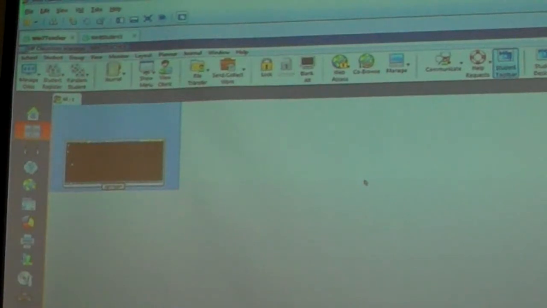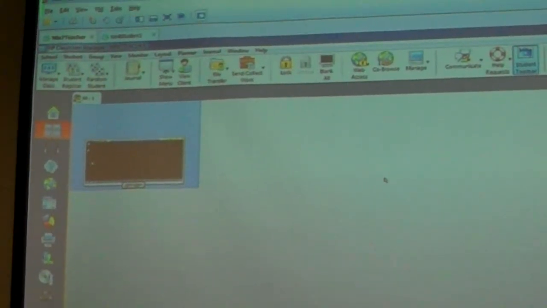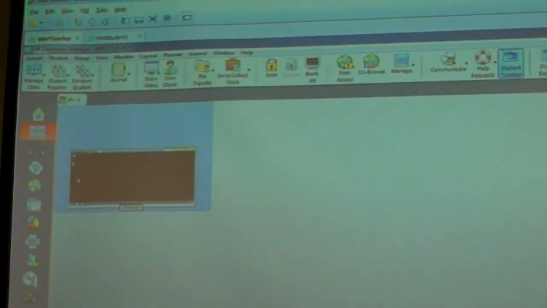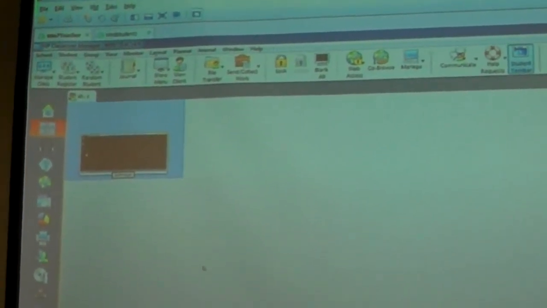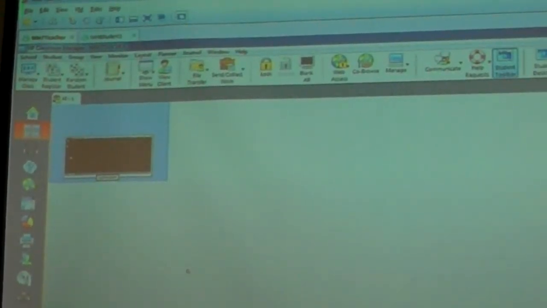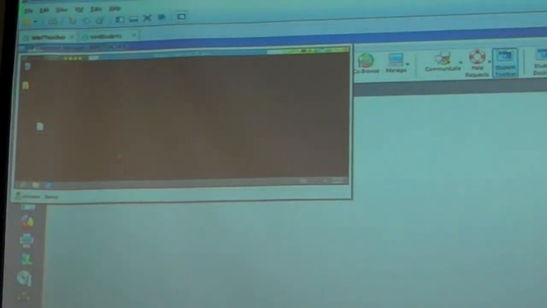And this gives the teacher the ability across the entire class to see exactly everybody's desktop. So you can see a thumbnail, and you can auto-size this, you can make them bigger or smaller. Obviously, the more students you have in, you want to be able to see everybody's desktop at the same time. But then you can simply mouse over it, and it'll expand it out. So if you want a grander view, you don't have to click on it or anything. You can simply mouse over it, and you get an expanded or zoom view of exactly what's going on